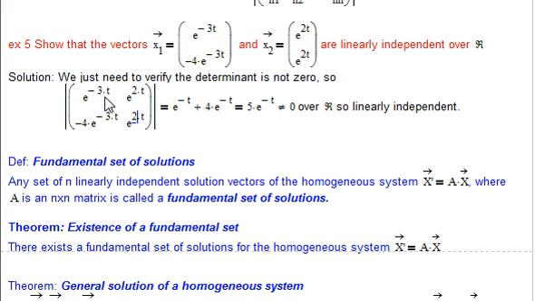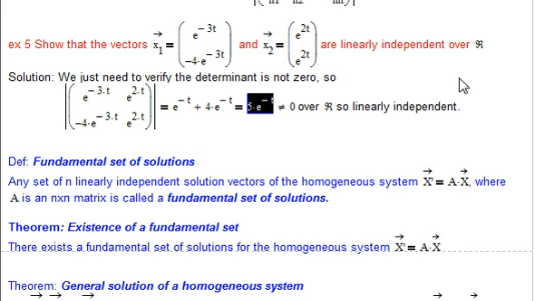So the determinant would be e to the negative 3t times e to the negative 2t, that's e to the negative t. Oh, sorry, that's e to the positive 2t, but that's e to the negative t. And negative 4 e to the negative 3t times e to the 2t, but since it's minus a negative, would wind up being plus 4 times e to the negative t. So we wind up with 5 e to the negative t, and of course e to the negative t is